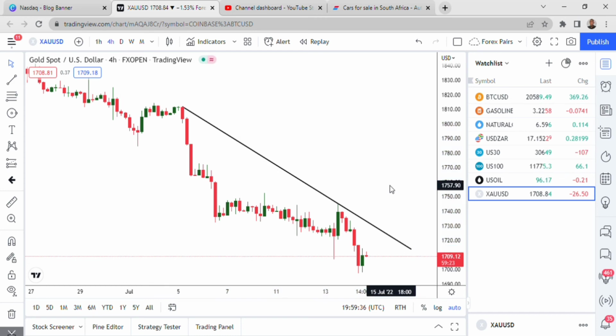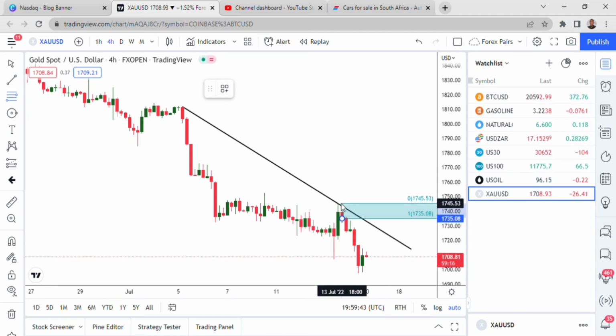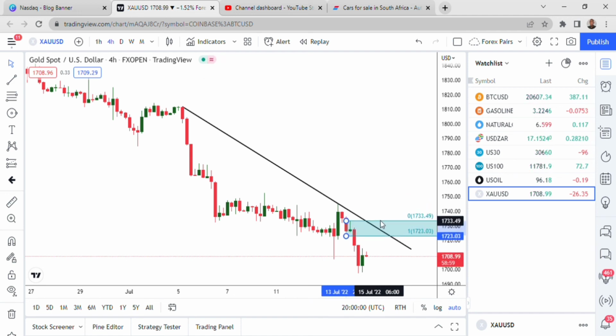Now, if this is my H4 trend line, where is the H4 resistance? The H4 resistance would be here. Let me show you. This is the swing. Remember, this is the swing. After forming that, the market came back, and then the bulls tried to fight, but they got defeated. So this is another one. The market paused. It means this is the nearest area of resistance, because we came here, went down, paused, went down.